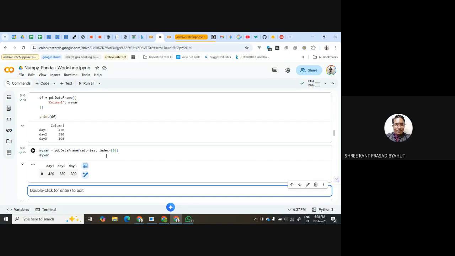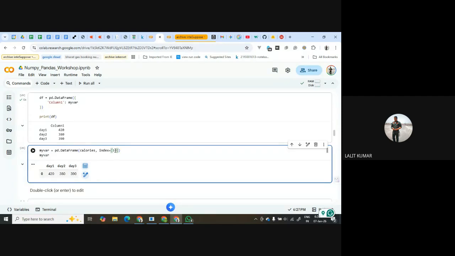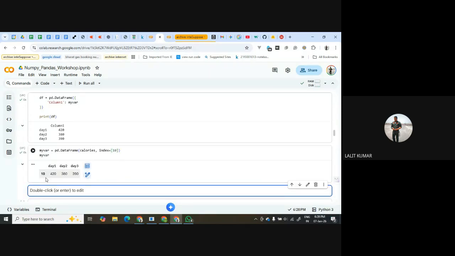Why are we taking this index 0? I can give any index. I can give 10 also. I'm giving a row number. I'm creating a customized index. Like I initially covered, in a Pandas data frame, the column is also a series and the row is also a series. So similarly, when I'm converting a series to a data frame, I can convert it to a column, and I can convert it to a row also. By default, it takes it as a row.